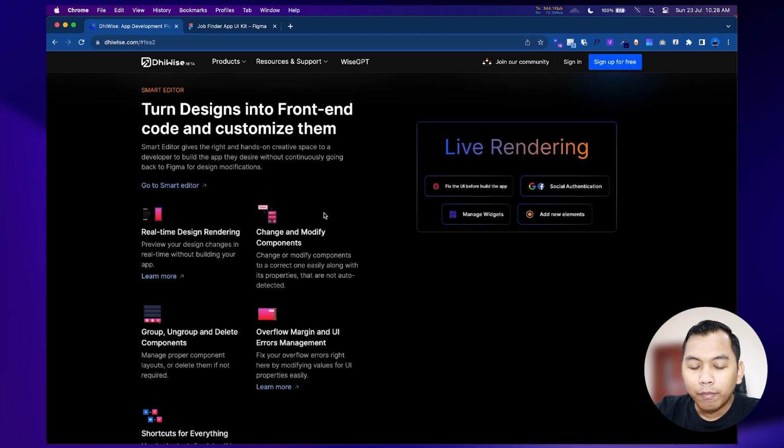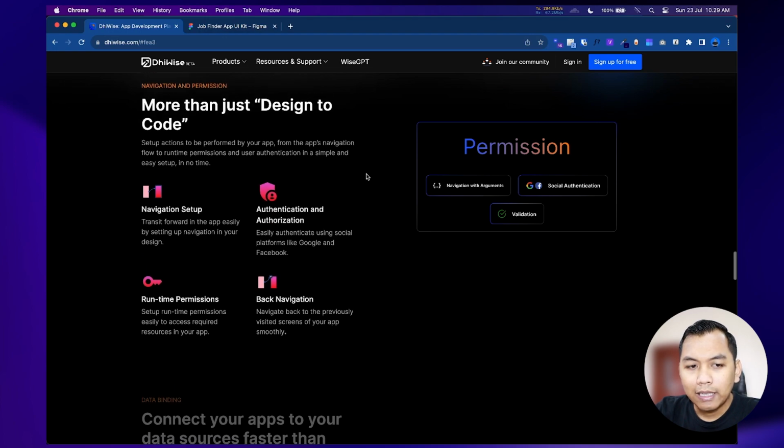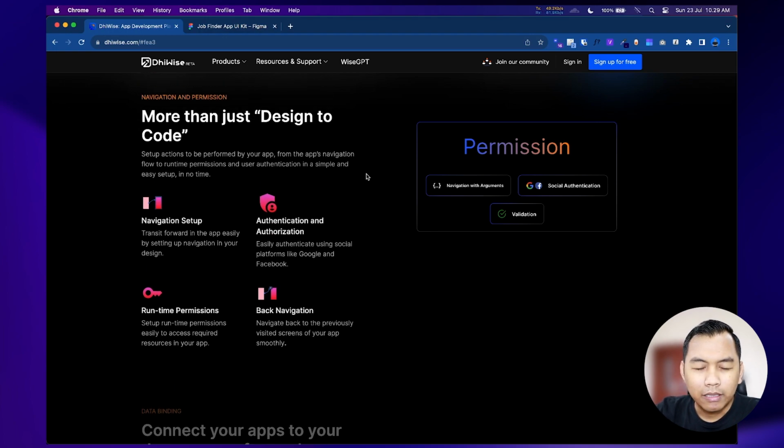Before means the design, and after is the converted code. And also, we can set up navigation and permissions for our app. You know, in Android or iOS, we have to declare permissions to access the internet, the camera, microphone, and so on.